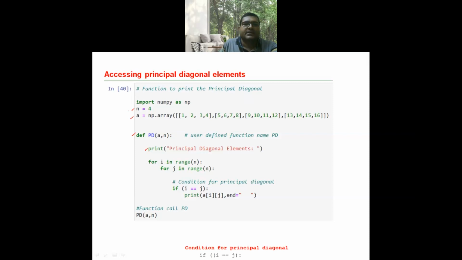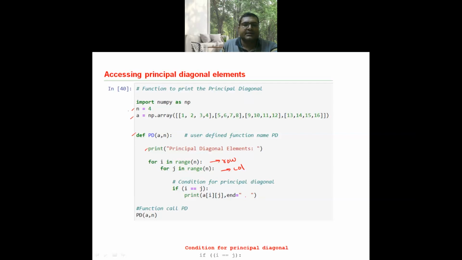That is, for i in range n, for j in range n, the first loop points to the row elements, and the second, nested loop points to the column elements. And here, when the row equals the column, it will print the elements of the matrix, and end equal to,